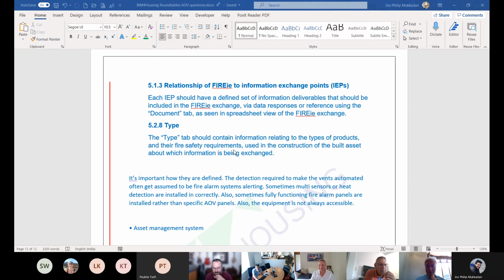100%. Yeah, and I was actually talking about Pauline's point about, you know, at the end of all the process, she takes over a building and she's got no information. She doesn't know what's in there. Yeah, so I don't think it's specifically covered, although the gateway part of the question, that is something that we